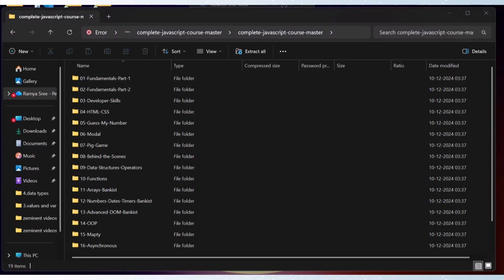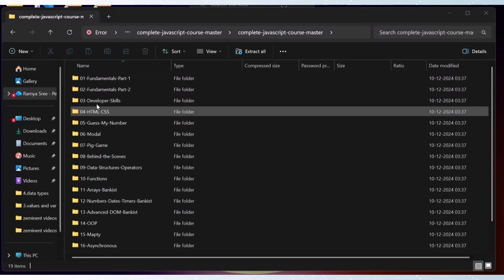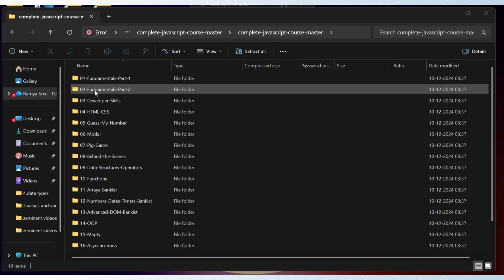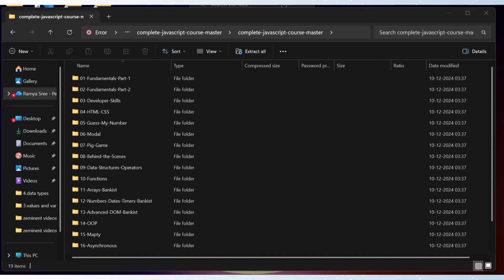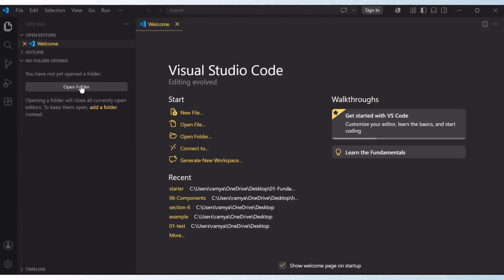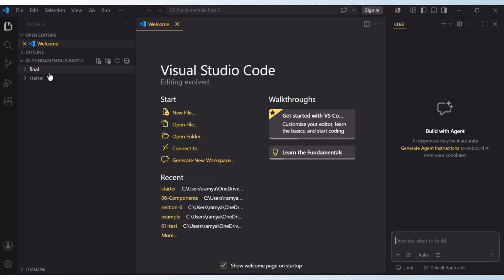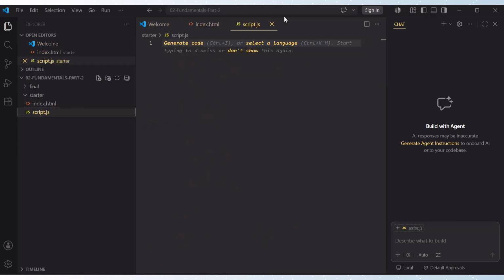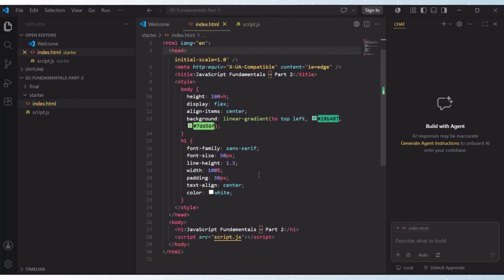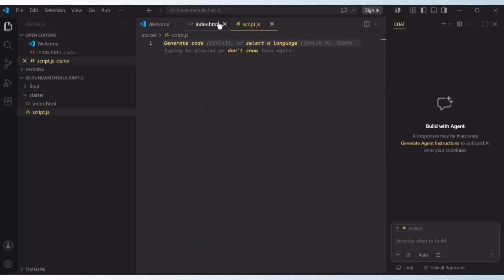strict mode. Now, back to this course, the JavaScript course, copy this fundamentals part 2 folder and paste it on the desktop, and open it in VS Code. And then here, new window, open folder, desktop, fundamentals part 2. Open the script.js. The script file is already placed in the HTML file, so no need of HTML